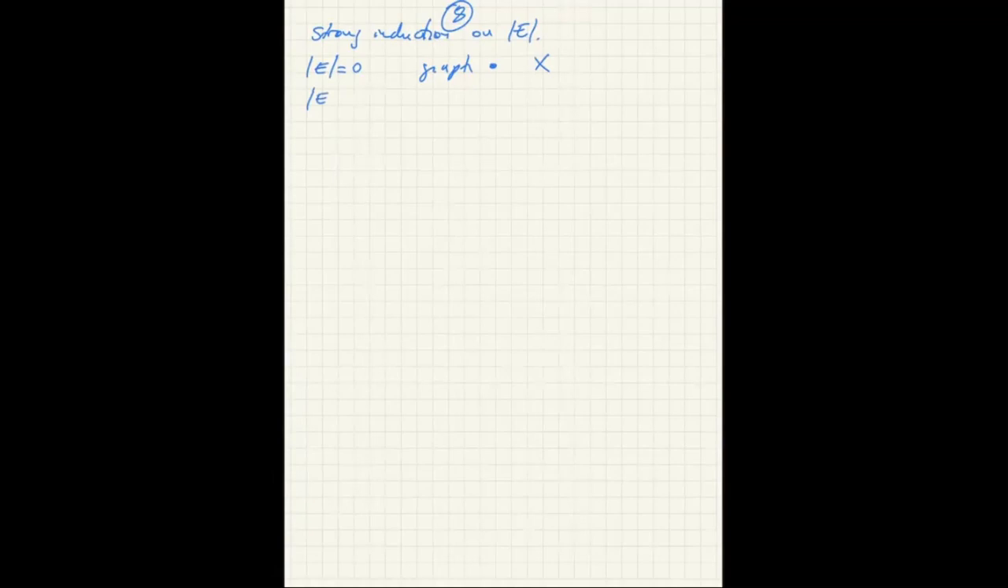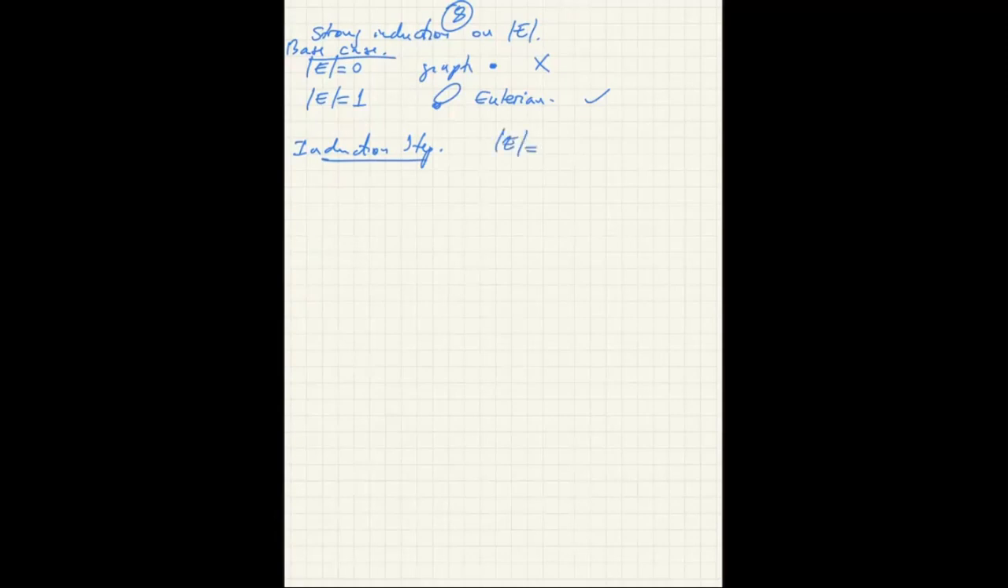Let's say the number of edges is 1, then what could happen? Then we have this type of graph, and this is Eulerian. So you have one loop. Okay, so these are the base cases. So for the induction step,